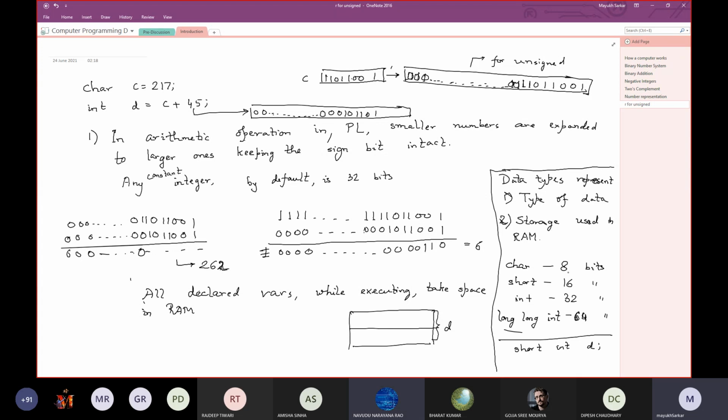Yes, sir. In fact, it will be more clear when we discuss data types in details. We will go through all the data types in great detail. Okay, sir. Thank you, sir. It will be more clear then. Just for now, remember that these data types represent how much amount of storage it is going to take in RAM and the type of the information stored. Any other query?